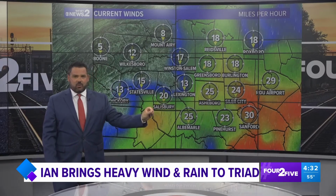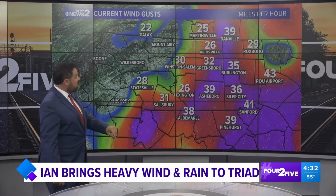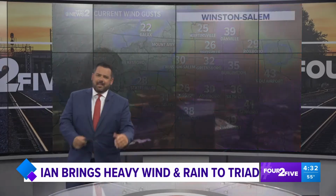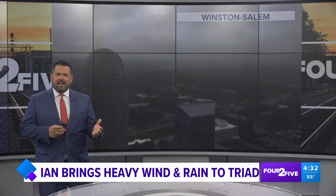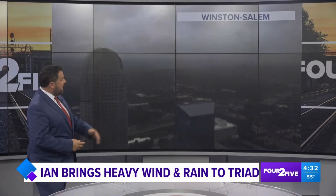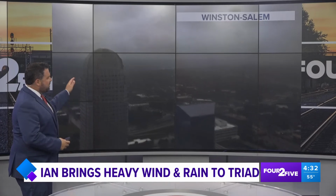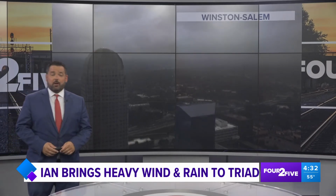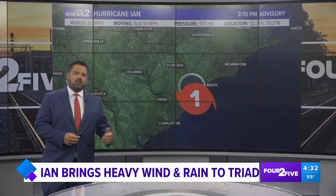These are our constant wind speeds, about 18 to 25 miles per hour. The gusts are much higher than that, about 35 to 40 miles per hour at this time, and the highest we've seen so far in our area have been about 43 mile per hour gusts. This Winston-Salem camera right now keeps getting bumped around in the breeze. You can see it shaking. That is the type of weather that we're dealing with, and that's what we're going to continue to see through